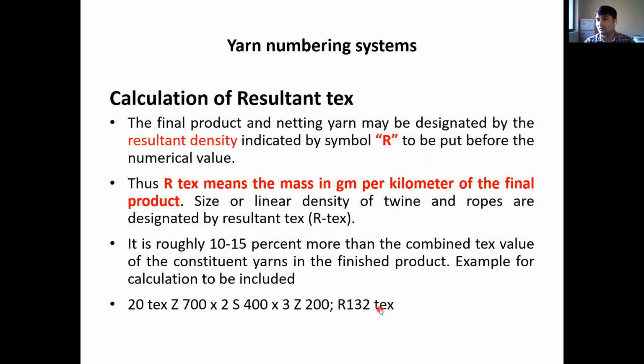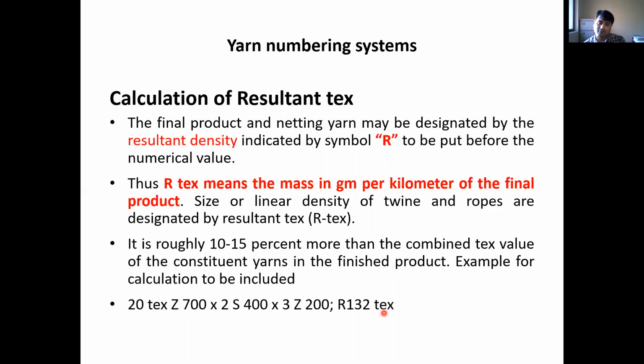Sir, R tex समझ नहीं आ रहा है. आर्टेक्स हो गया तुम्हारा रिजल्टेंट टेक्स, जिसको हम कैपिटल लेटर आर से डिजिग्नेट करते हैं। ये कंबाइनिंग टेक्स वैल्यू, इन तीनों को मल्टीप्लाई करने के बाद जो वैल्यू आता है उसका 10 to 15% ज्यादा होता है। आर्टेक्स वैल्यू जनरली हम फिनिश्ड प्रोडक्ट के लिए यूज करते हैं। फिनिश्ड प्रोडक्ट क्या बन रहा है इसमें? केबल निटिंग यार्न। तो केबल निटिंग यार्न का जो रिजल्टेंट आर्टेक्स वैल्यू है, दैट इज द R132 टेक्स।